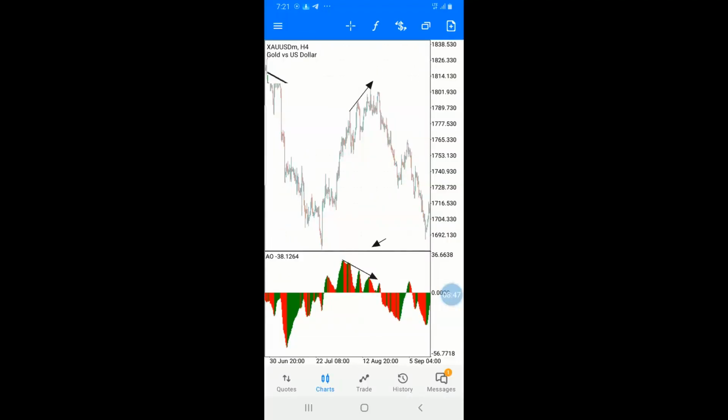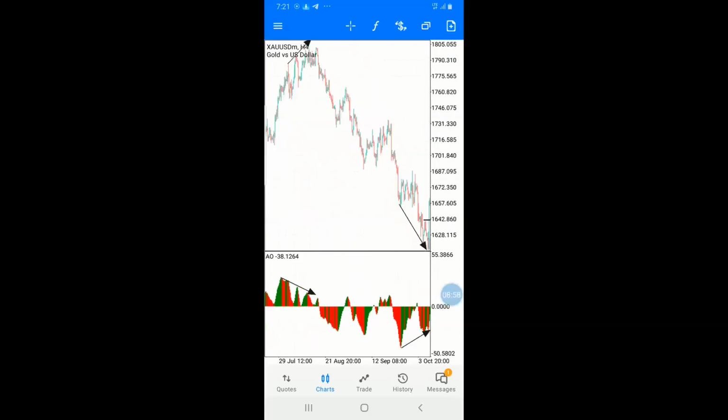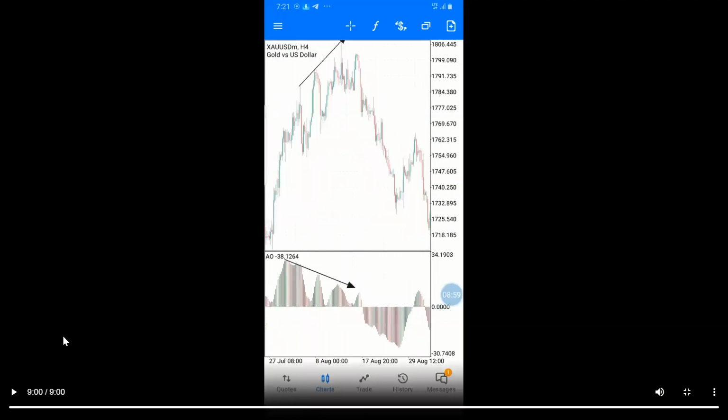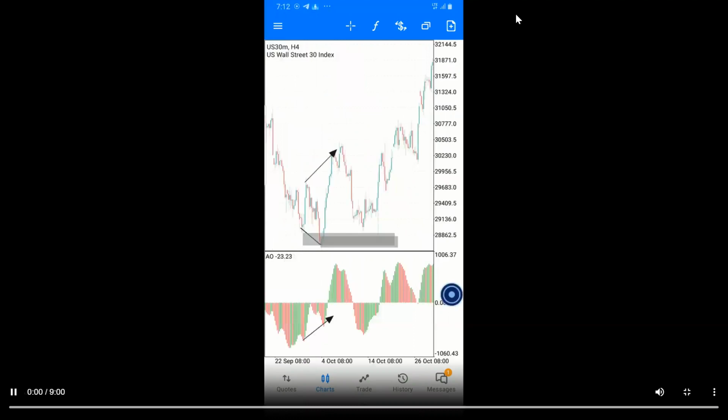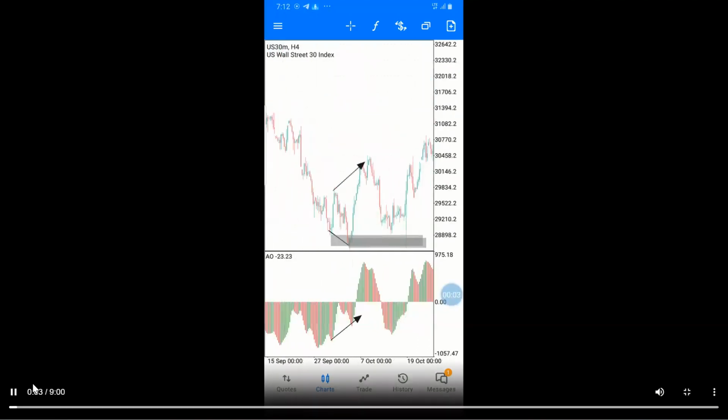Lower lows. And you see, guys, what happened? When the market, after making this, it went all the way down. So, guys, I hope you understand here. I was telling you, even if you have a very small